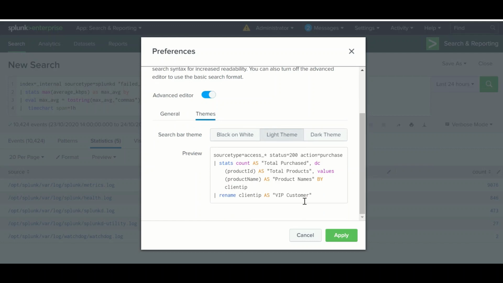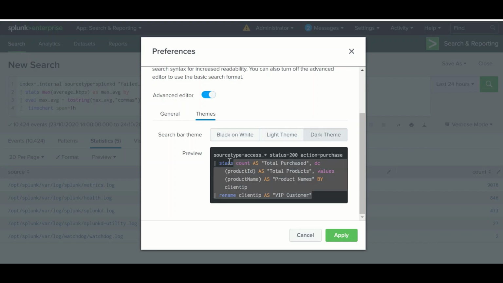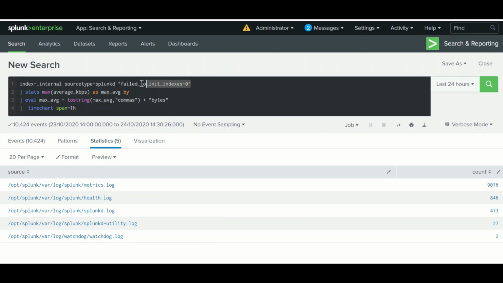Currently it's the light theme, so this is the default setting. If you want black and white, it will make everything black and white, so no coloring option will be there. So this is the default light theme, keep in mind, and if you want a dark one, you can choose dark, but the default colors will be the same as they are. Okay, so if I click OK, it will convert into the dark theme.